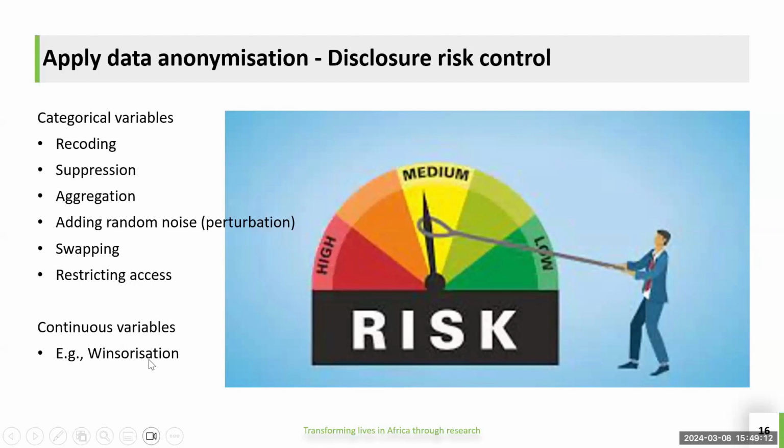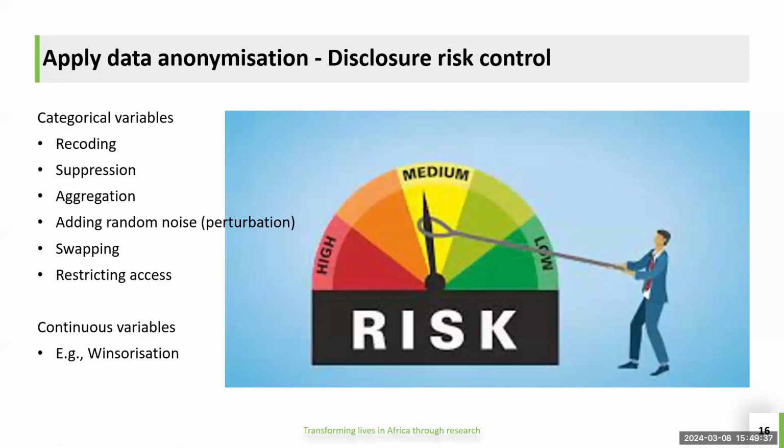And then one example, I guess I've picked on this example because it's one that I used in the case study that I'll show you later, is called winsorization. This is when you have a continuous variable and within it, there are some outliers. So with winsorization, you're just targeting those outliers. You get rid of them by